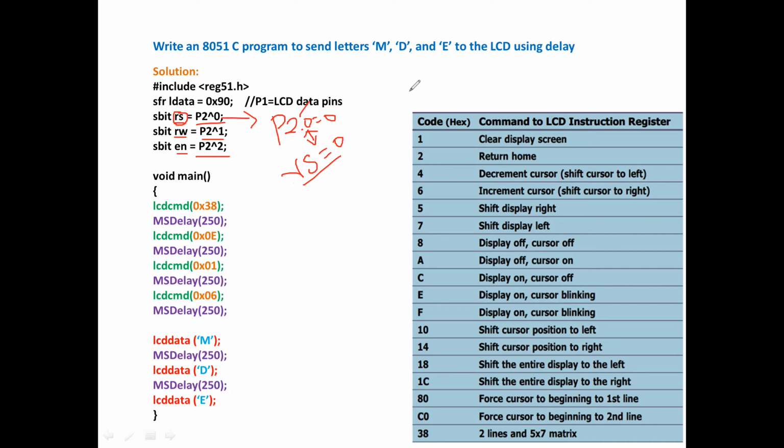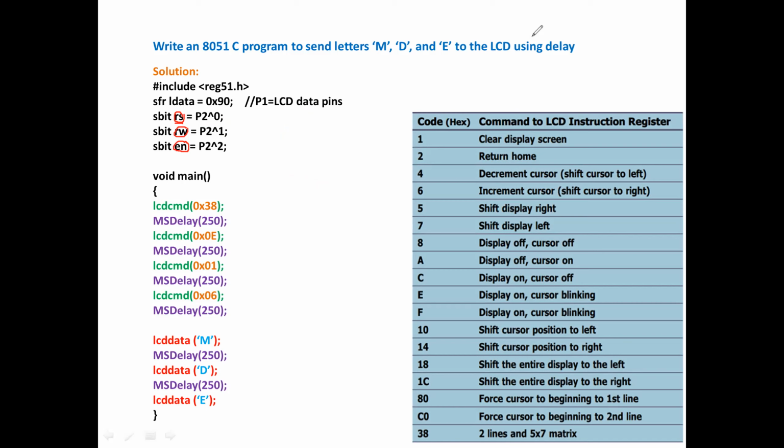That is the main motto. It's always better to initialize your port pins to variables. The variable is user defined. You can name it whatever you want. RS is not predefined. You can define your own variable names.